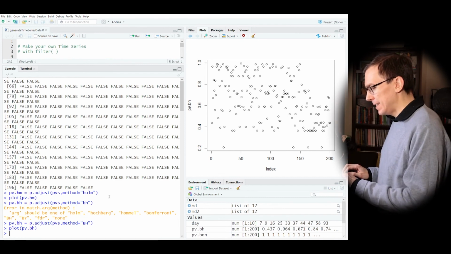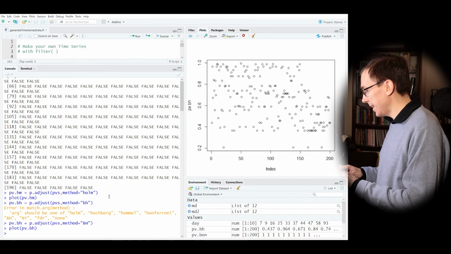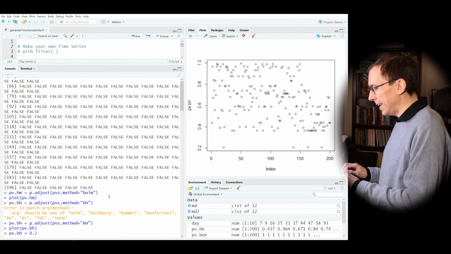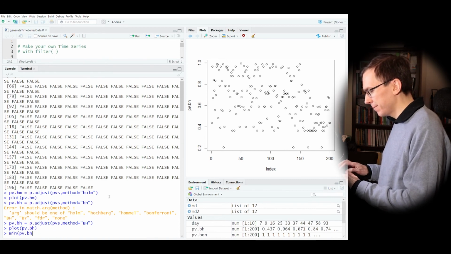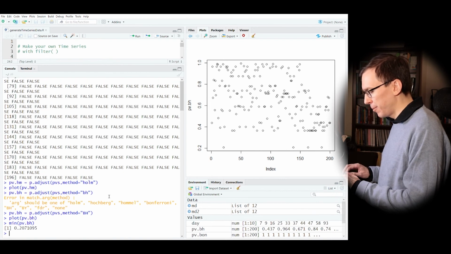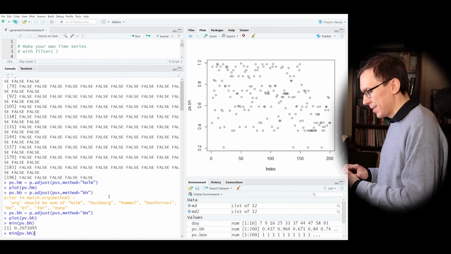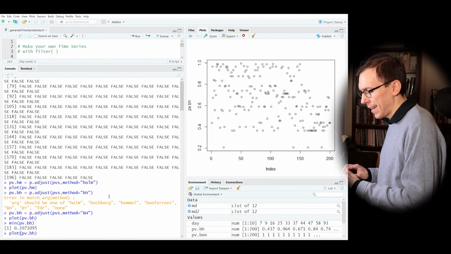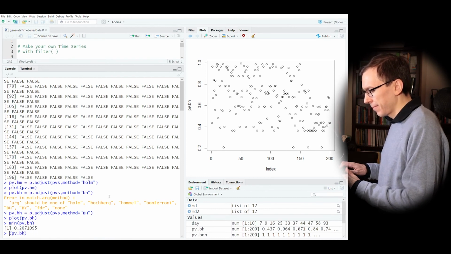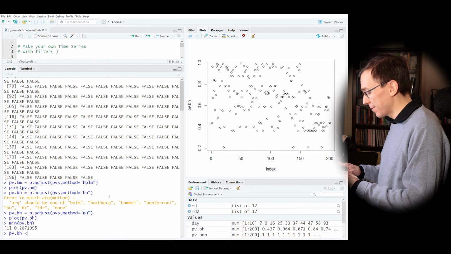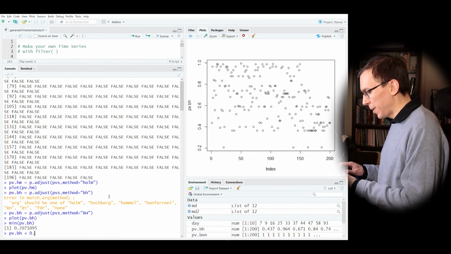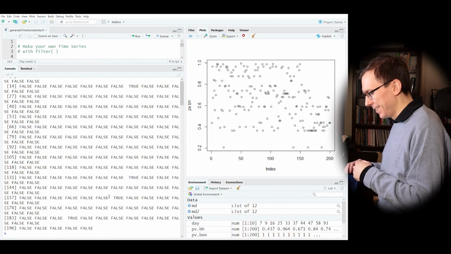We could set the false discovery rate to be, say, 20%. I think I made this problem too hard for the poor multiple testing corrections, but you got to make them work a little bit. If we set our, actually, what is the smallest value there? It looks like it's a little bit above 20. It's 20.7, okay. So yeah, if we set our false discovery rate to be 21%, say,